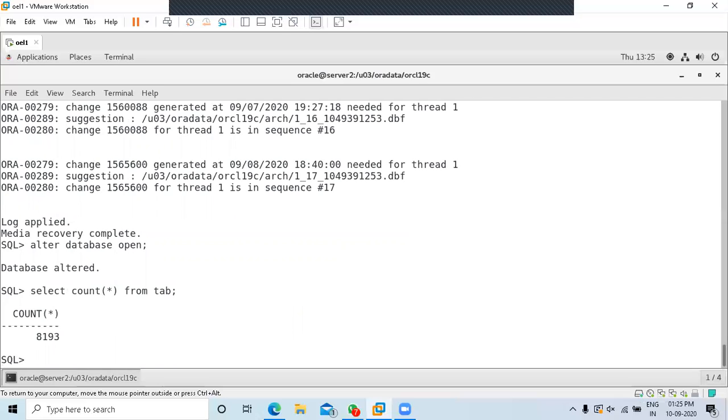So this is how you have to recover your database from loss of system.dbf, that is, loss of the system data file. But do remember that you require that data file to be in your backup. If you don't have a backup of system.dbf, you can call Oracle support, and they'll help you out.